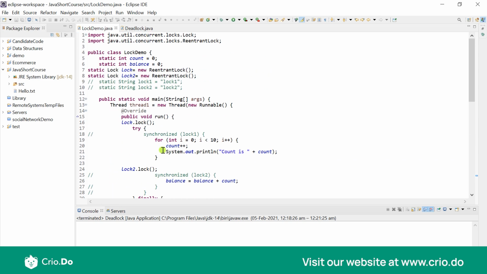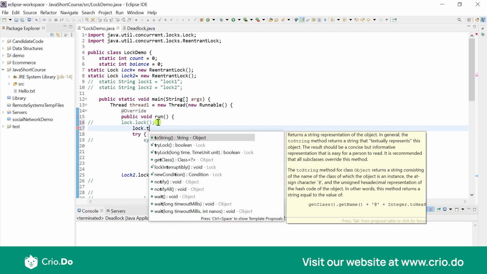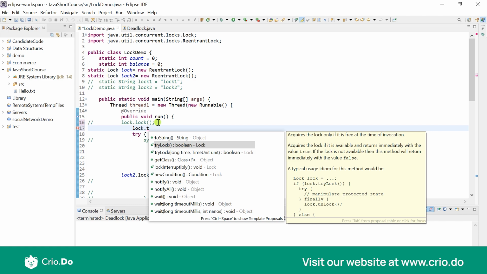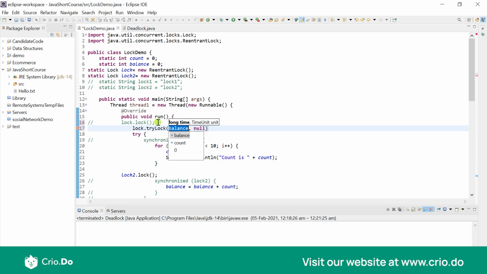Okay, so now when we are trying to work with these reentrant locks, when we try for a particular lock, instead of blocking directly, what we can do is use lock dot, and then we could try for a lock. Now you can see there are two ways. We can either try for a lock directly without assuming that we might get into a deadlock situation, but a better way is to try for a lock for some amount of time.